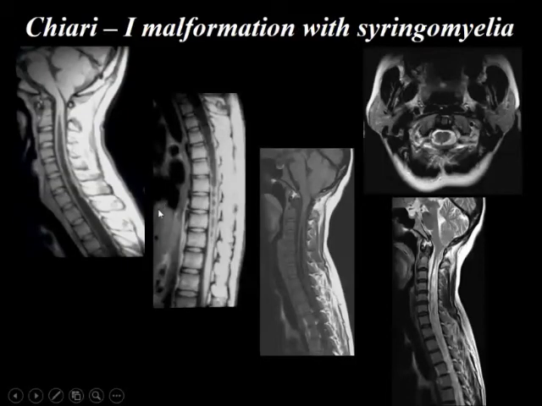Chiari malformation, you all know this. There is inferior displacement of cerebellar tonsils. There is enlargement of the spinal cord and you see this black area within it, which is syringomyelia. So this is a Chiari 1 malformation with syringomyelia. Is it clear? So here, midline sagittal section, it's so important.